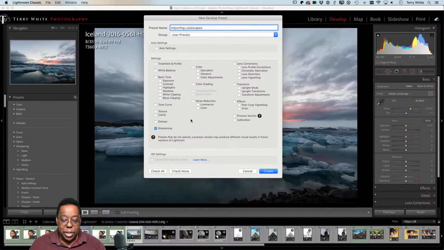And more importantly, I want to make sure I check the things that I want applied. Now you can say check all, because that's all you did were those two things. Or you can be very specific and check just the things you just did. So I can check lens correction, because I did that. And I can check profile. Where's my profile? Profiles. Oh, it's going to be applied. Oh, there it is. Treatment and profile. There it is. All right, so if I do those two things and save it as a preset,